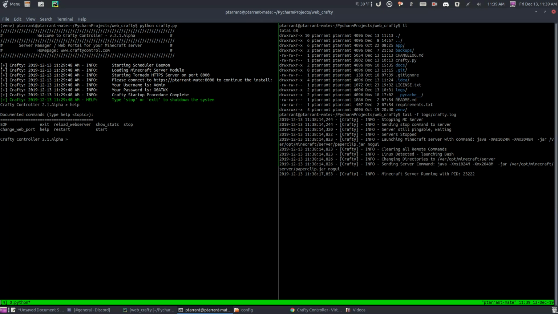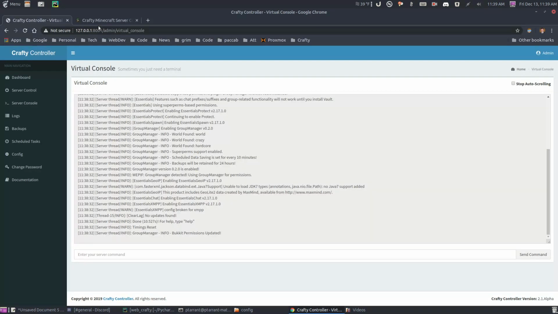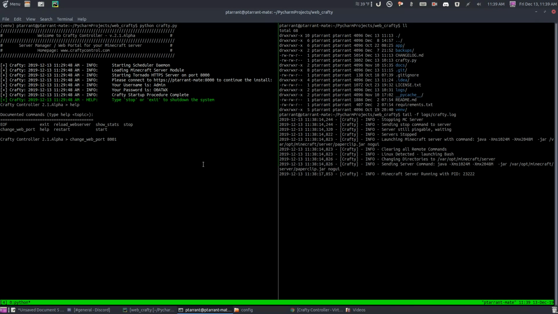So what we're going to do is we can, for instance, change the web port, because maybe you're on a console and you don't want to log into the web application to do this, and that's fine, because we were on what, 8001, I believe? Wasn't it 8001? Yes, it was on port 8001. So what we'll do is we will go to port 8000, change it,